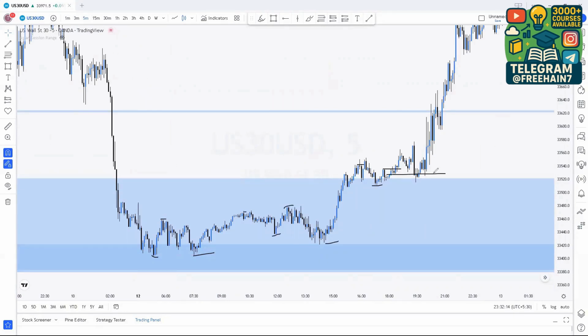And this was the New York session, and this was a good buy. So even though based on the higher time frame we were expecting sells, there was a lower time frame entry being presented, and that pretty much played out very nicely. And there were multiple entries over here. So even though we might be wrong with expectations, sometimes the lower time frame might give us hints to be right again, which is this,